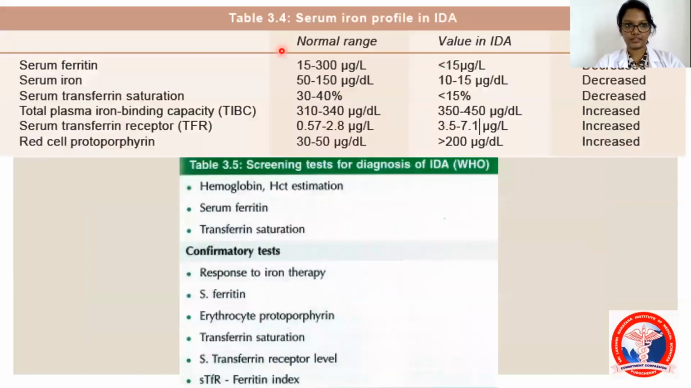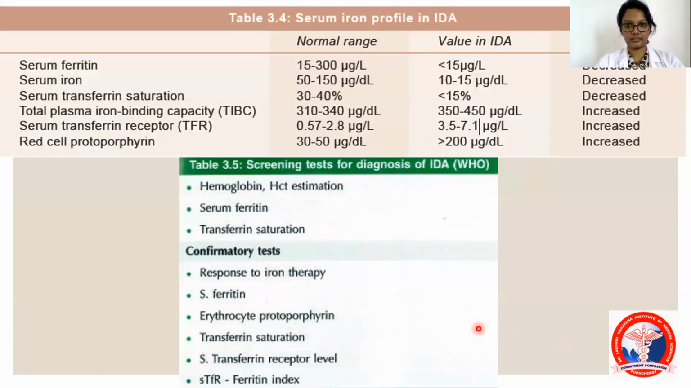This is another table that shows the range for normal versus the value in iron deficiency. This is repeated; I've already mentioned it. The screening test for diagnosing anemia according to WHO is a hematocrit estimation and a hemoglobin. In addition to that, you do a serum ferritin and transferrin saturation. The confirmatory test is to see the response to iron therapy and repeat the serum ferritin, erythrocyte protoporphyrin, transferrin saturation, and